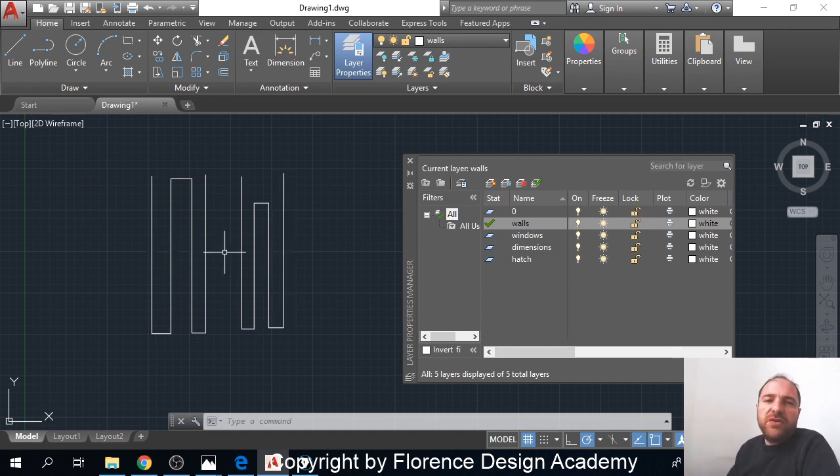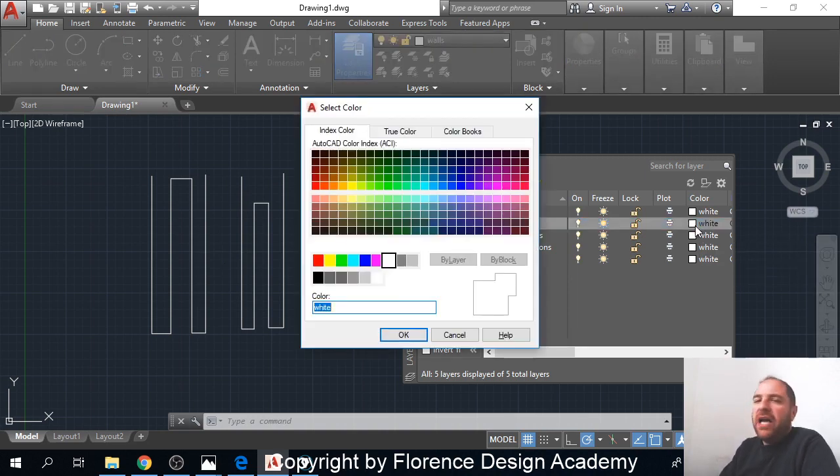So see, first of all, why it's important to understand that we can change layer colors in AutoCAD. Simply because if I change now the color of my layer, for example, I click that colored square, and I change the color from white, let's say, to green, and then I click OK,